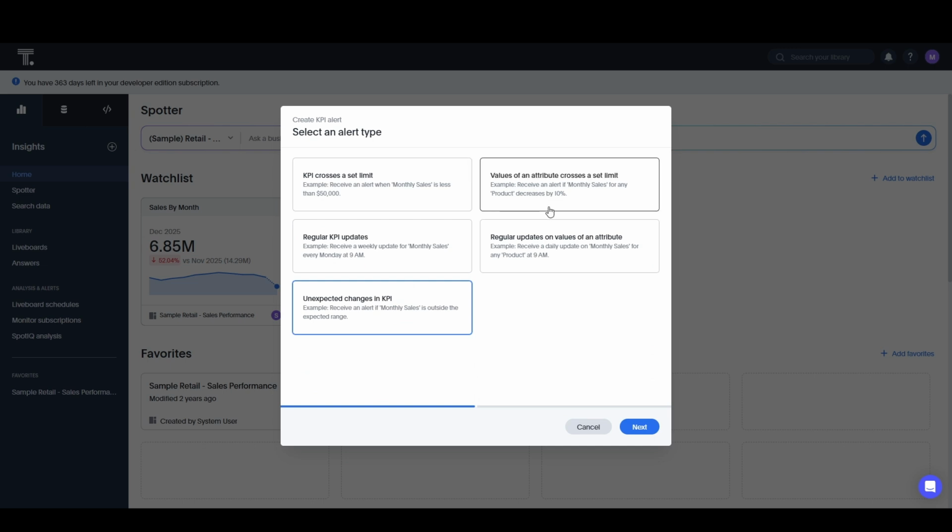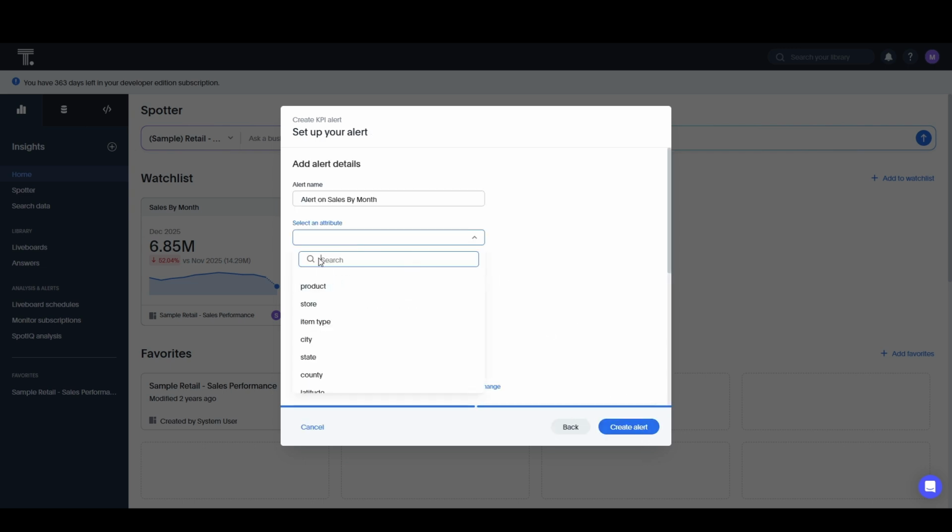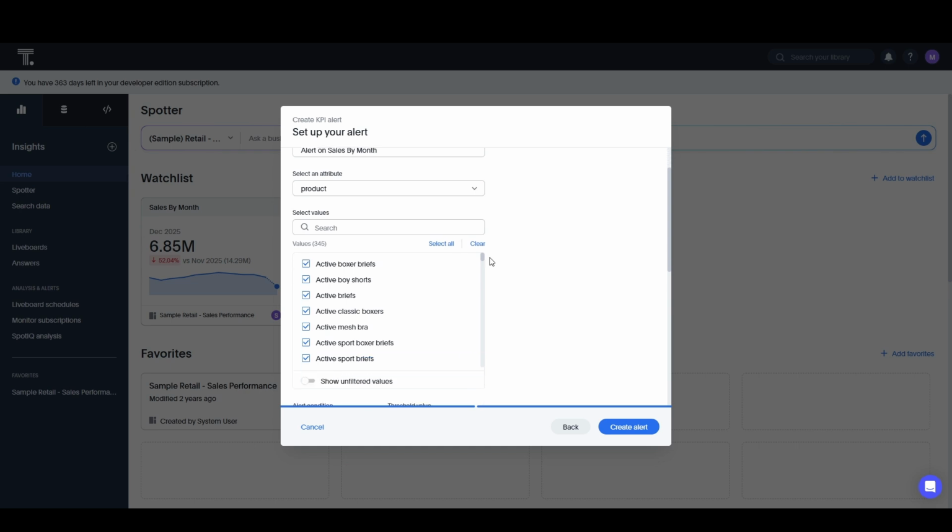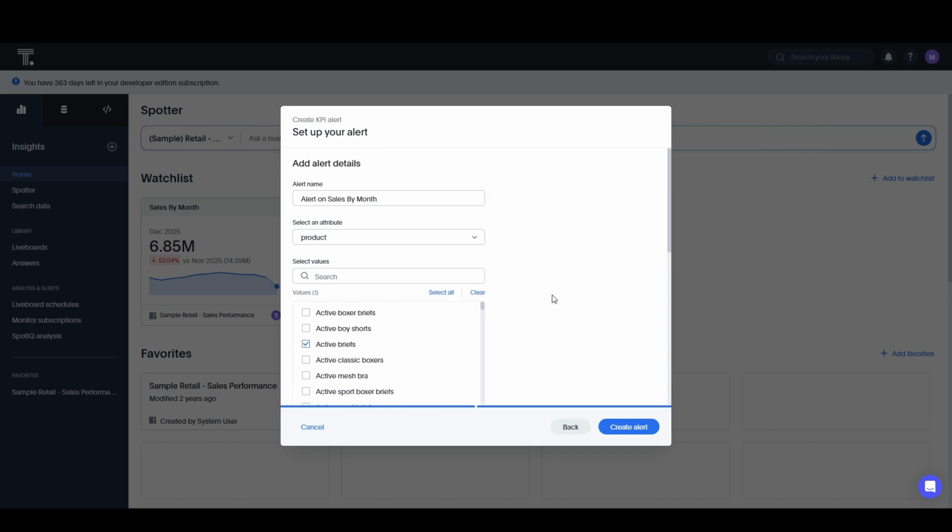The fourth one and the fifth ones are the ones that are really interesting. So imagine you have a high level KPI created which is sales by month. Now you want to set up different alerts for different categories. Say you want to set up different alerts for different products. You don't want all of your products lumped into one. So instead of creating one KPI card for one product, what you can do is you can create one KPI card which is sales by month, and you can come here and you can filter for the attribute that you want. So say select an attribute product, and you can filter for the products that you want to set up alert on. So say you can do it for active briefs, you can do it for multiple products,